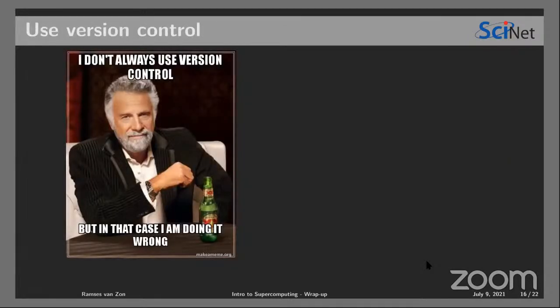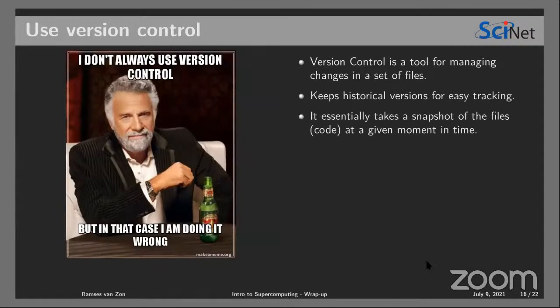Second tip is to use version control, because if you don't, you're doing it wrong. So what is version control? It really is a tool to manage changes in files, and it works best on text files. Think of a script. You have a script, you ran it, something was not right, or you want to change something, but it's just one line that changed. Version control can keep track of those changes in the file and say when somebody made a change to what file and hopefully why. So it keeps a historical version for easy tracking, but it does it file by file